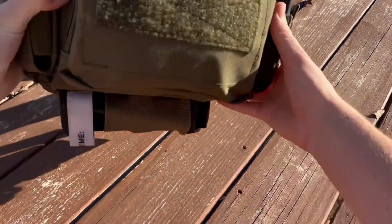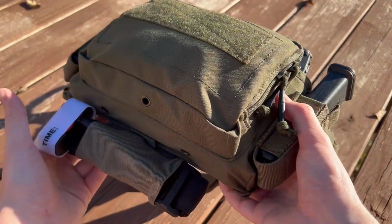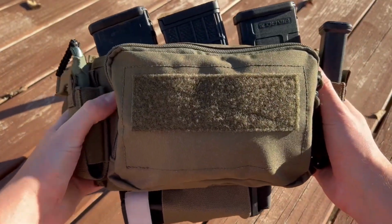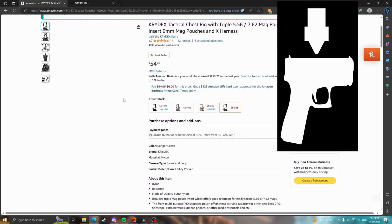This is the Krydex Tactical Chest Rig with triple 5.56/7.62 mag pouch. In all practicality, this is a $60 copy of the Haley Strategic Destructive Environment Chest Rig Micro, or the D3 CRM. Now, before you go into the comments and explain why micro rigs are useless, or even explain why they're